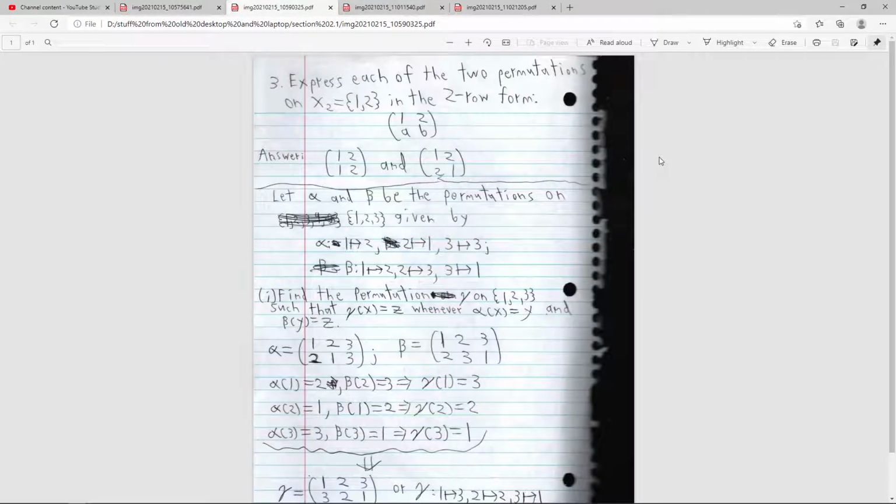Express each of the two permutations on X2 equals 1, 2 in the two-row form. A and B basically have to, this is very simple. All you do is put,